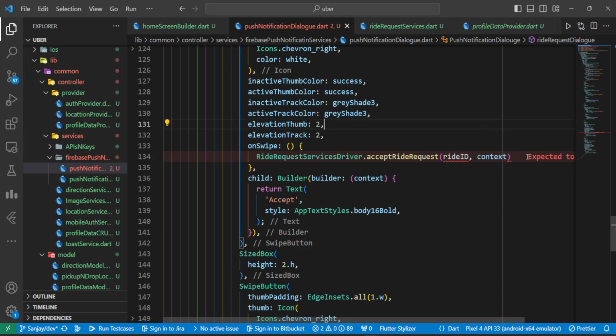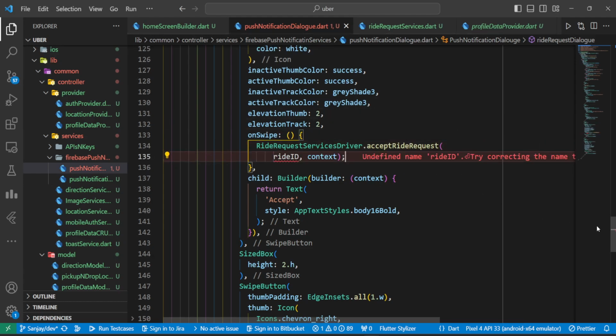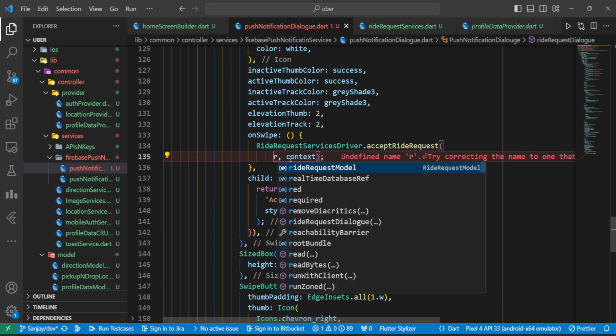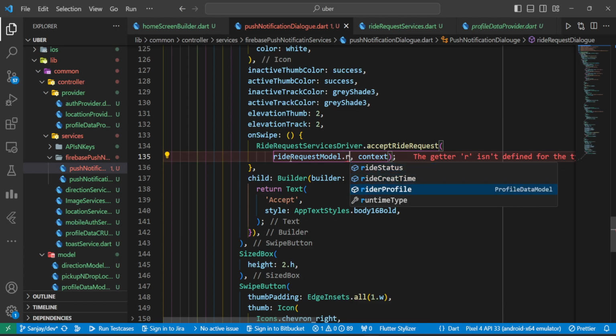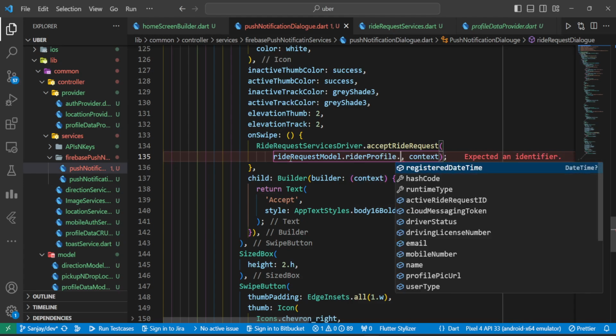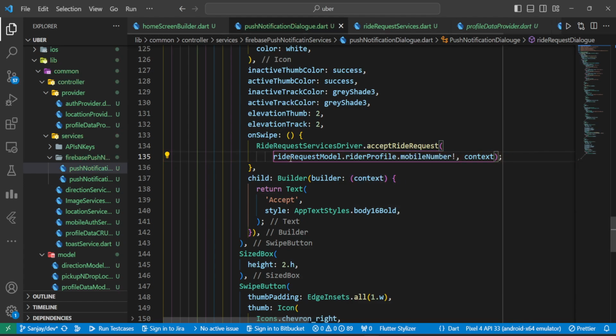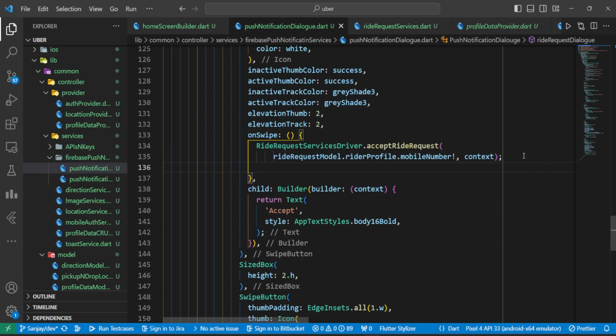pass the write ID. So the write ID, it's going to be write request model dot writer profile dot mobile number, and here we'll go with a null check. So we have to trigger some more functions here. Let's have a look. What are those functions? So at first we will trigger accept write request, then we will trigger